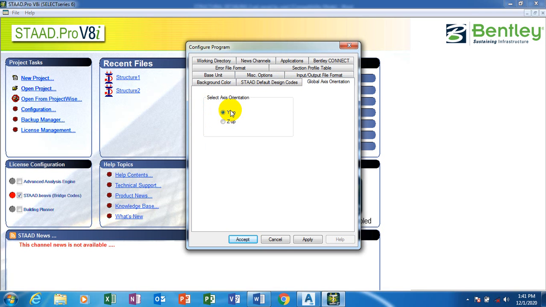Okay, so your y-axis by default is y up, so I'm going to leave it as it is because y is going to be vertical. If I switch this to z up, it's going to make our z to be our vertical. Okay,